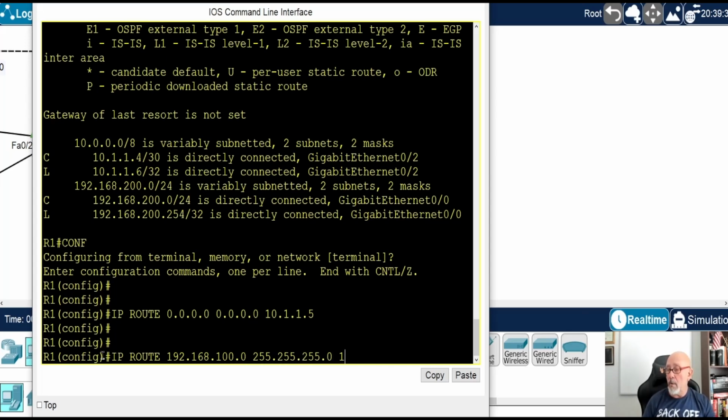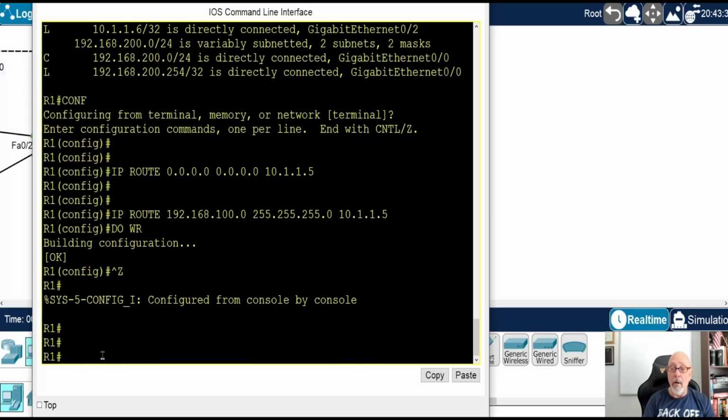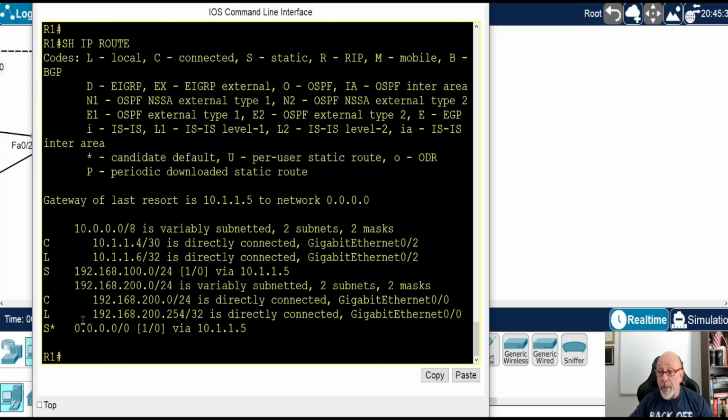through my neighbor. So if you have both of these configured, since you do have an entry in your routing table, it's not going to use the default route. It's going to use the static route, because if there is an entry in your routing table for that network, it's going to use that. All right. If it wouldn't be there, it would use the default route.